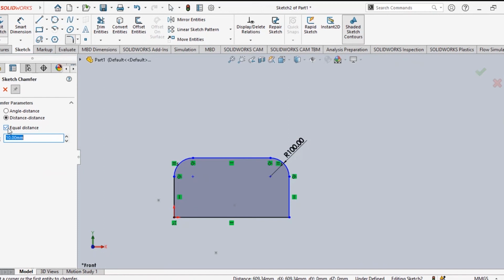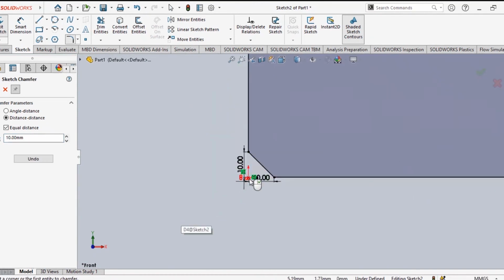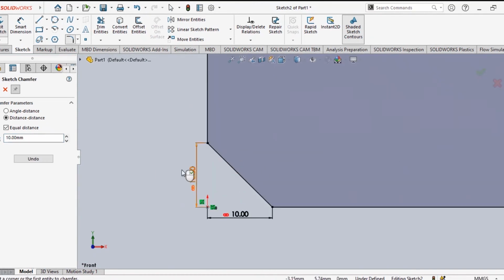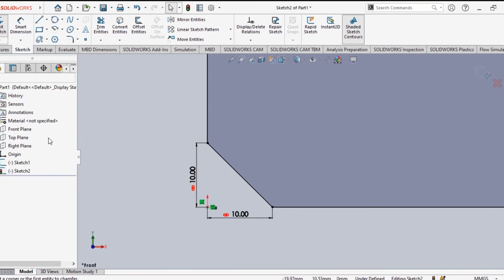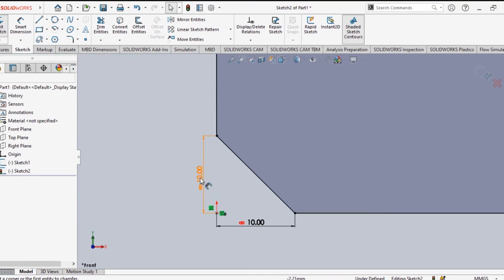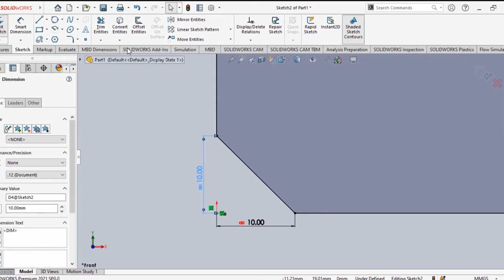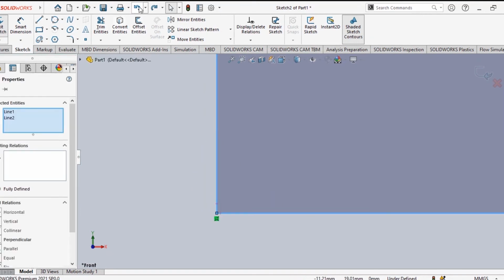Chamfer. Now here it is showing equal distance. That means your top and bottom it will be same length. 10 millimeter. If you click this one, first length, second length. Now see. This is already made 10 millimeter, 10 millimeter. If you make this more, 20, 30 also you can make it, right? You can make it 30. It has not done, you have to update it again. Okay, so undo this part.